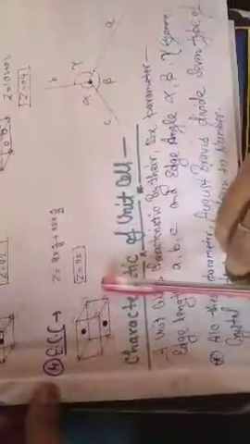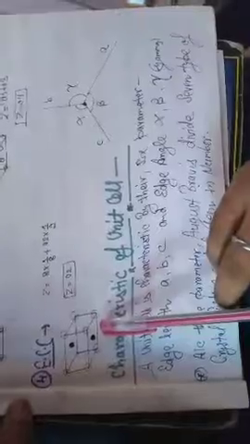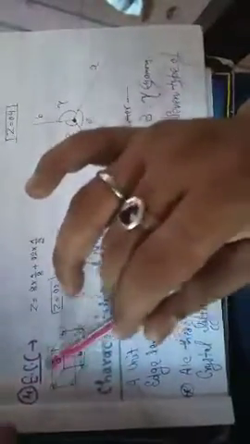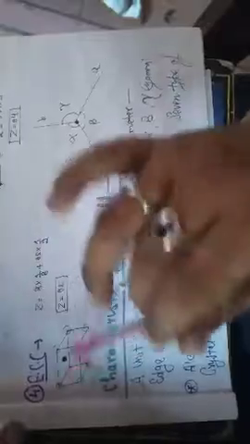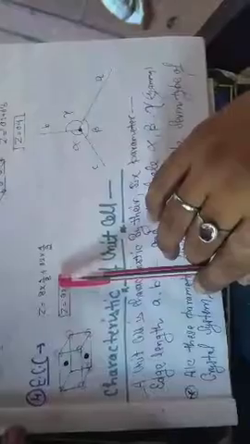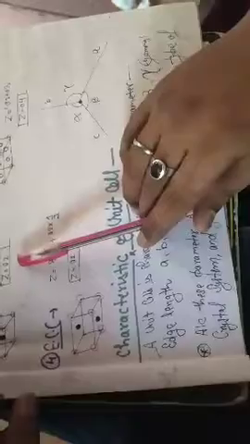And the end centered cell, which we already discussed in the previous video, has 8 atoms at the corner and 2 atoms at opposite face centers. It does not matter which opposite faces. Then the Z value is 8 into 1 by 8, plus 2 into 1 by 2. So the Z value of an end centered cell is 2, which is equal to the BCC value.